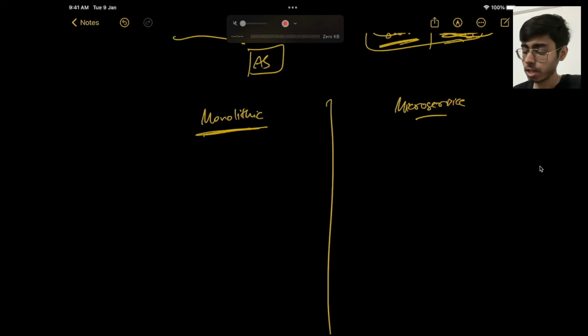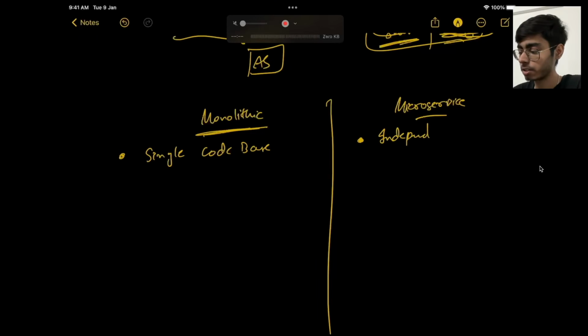On the other hand, if all of your services are independently deployed, that is microservice. Because what you did, you divided your complete application into small services, which is called a microservice.